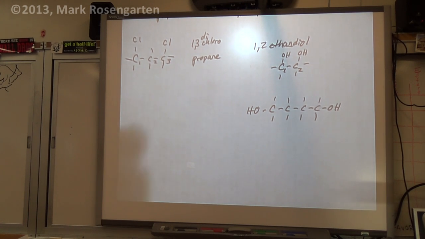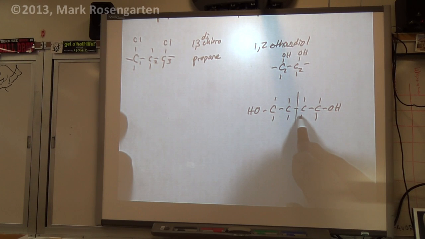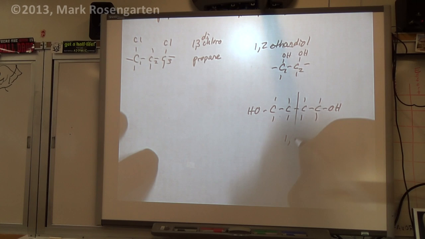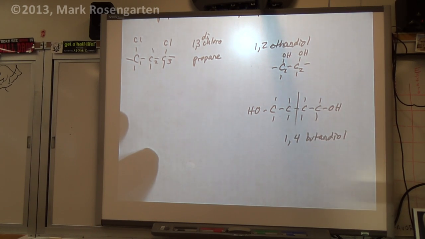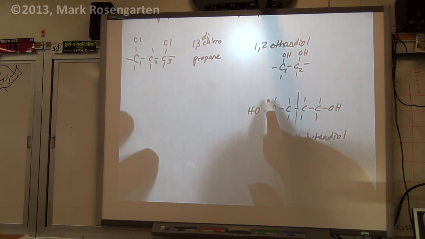I guess that would be the closest you could say to diethanol. You've got an ethanol here and an ethanol there, but that's not even how this thing is named. This is called 1,4-butanediol, because we've got 4 carbons, butane, single bonded, and there are 2 OHs, diol, and they're on the first and